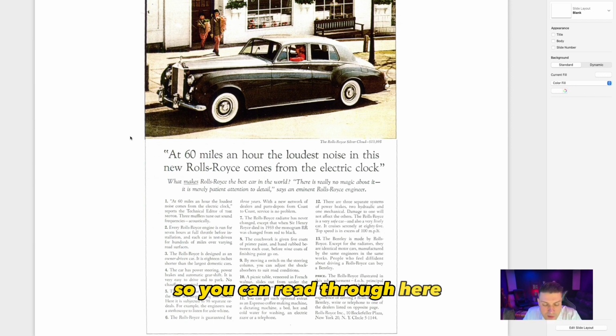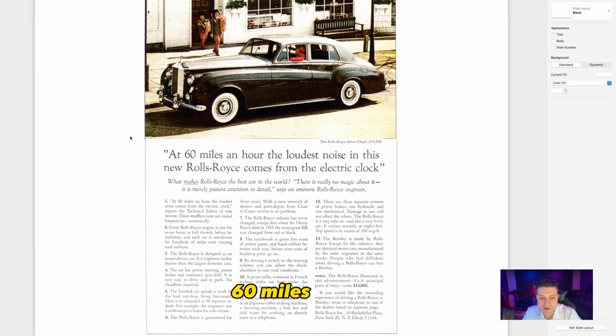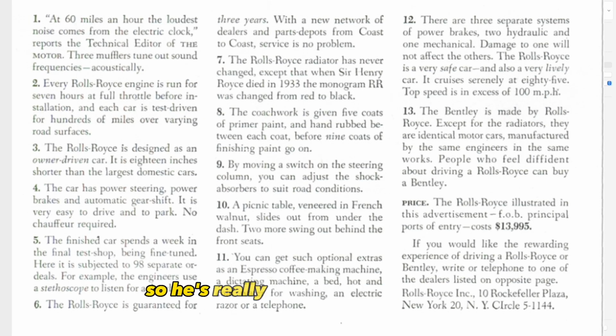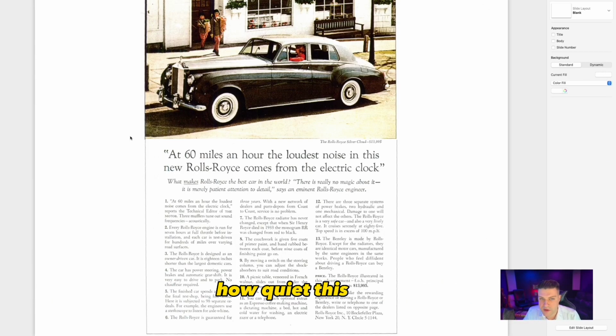You can read through here. It talks about the benefits. At 60 miles an hour, the loudest noise comes from an electric clock. So he's really drawing in your mind how quiet this car is, and that's a benefit. They're talking to educated people in this, when they're buying a Rolls Royce, one of the most expensive vehicles you can buy. They want to talk to an educated person and tell them why this car is so good. He's not going to tell you